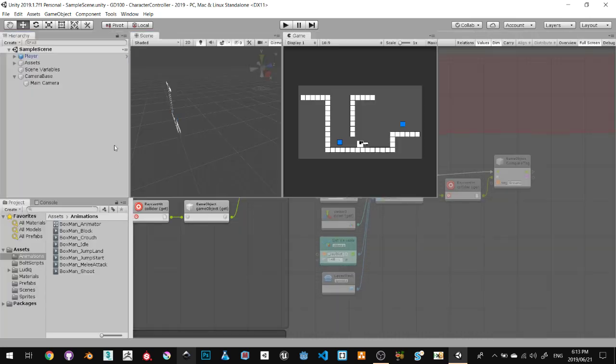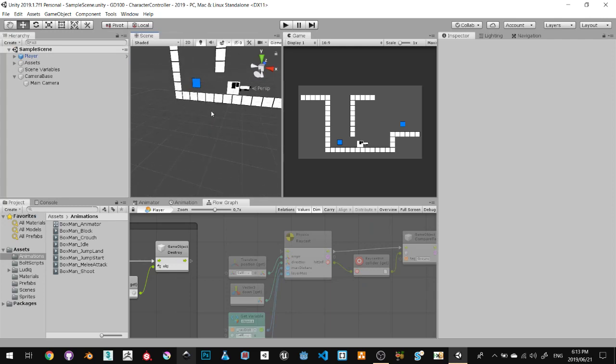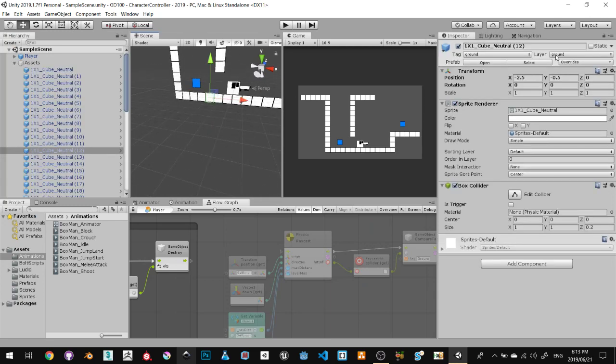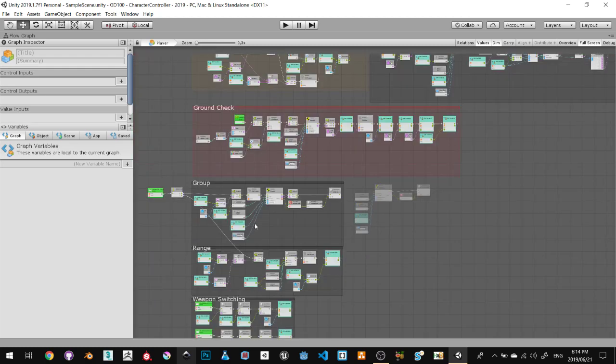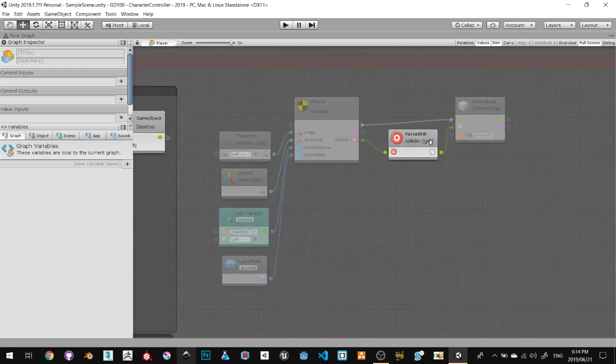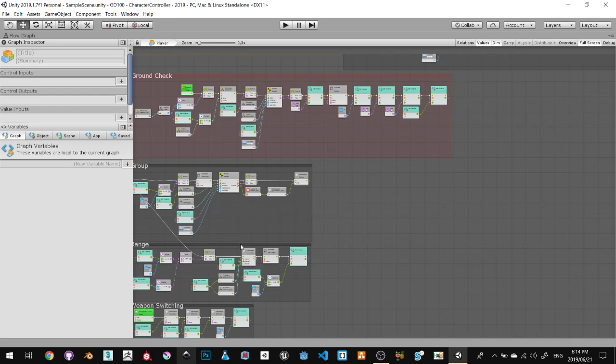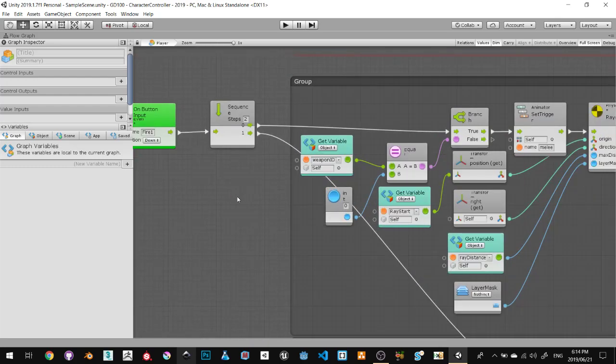The next one is looking for the ground. Again, remember, in both cases I'm using both the tag and the layer to check for stuff. So I've tagged the ground as ground. I'm going to remove this, apologies, that was for another student. So on the ground we're simply checking,